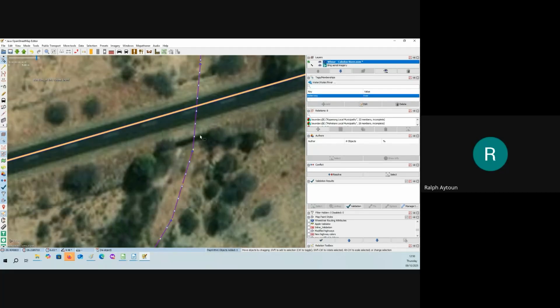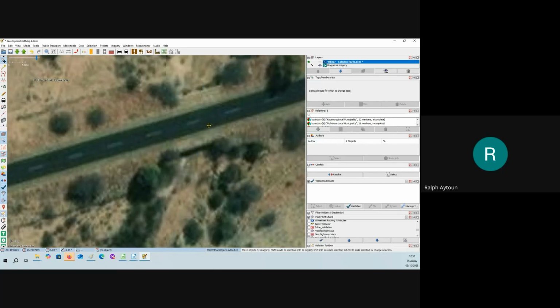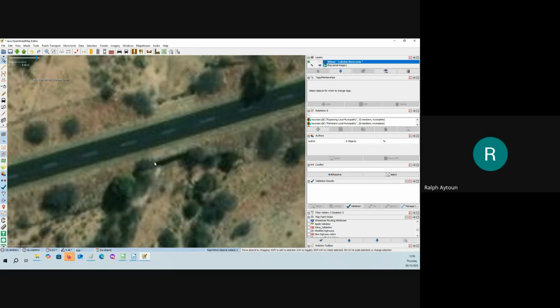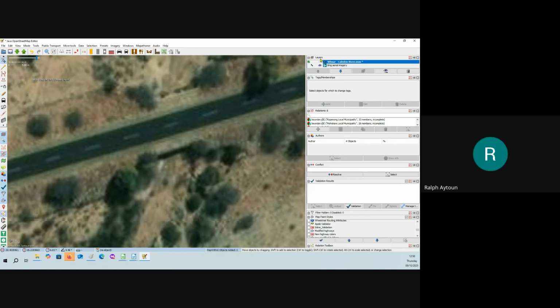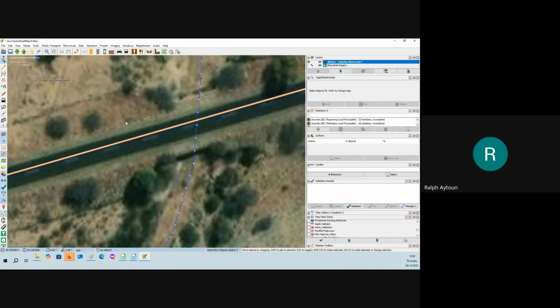Now I can see the dark shadow on the side here. I can see that the road is continuous and there's no discoloration and there's no indication that there is a bridge structure there. So I know that this is a culvert, and that culvert should look like this. If you've got the correct upload connections on your JOSM, then you should have on the side here a thing called a double split. And when you select the double split and click where the culvert starts, okay, and click where the culvert ends,